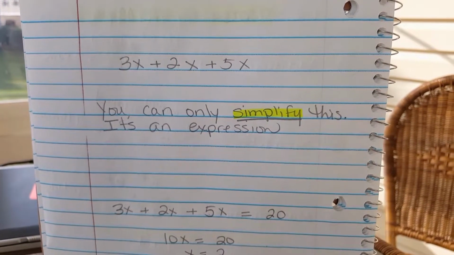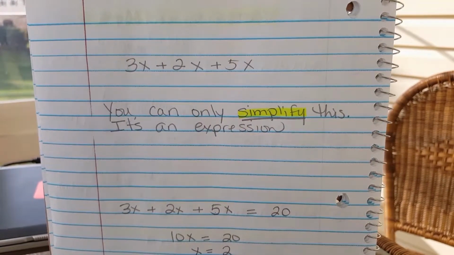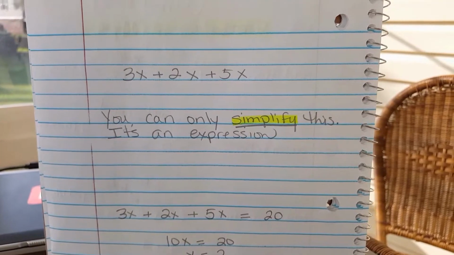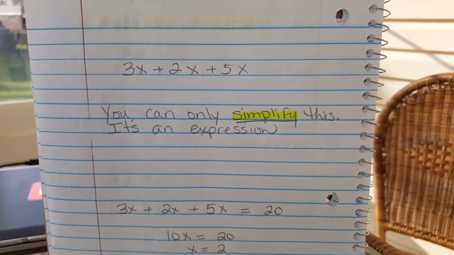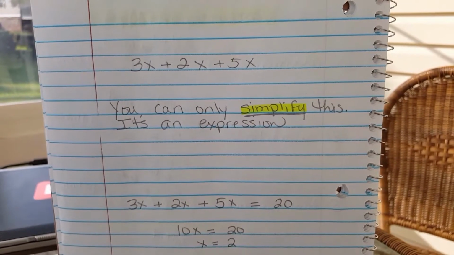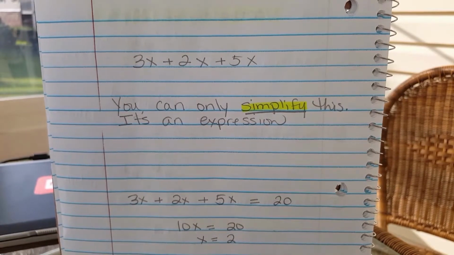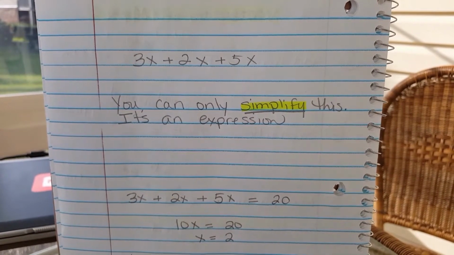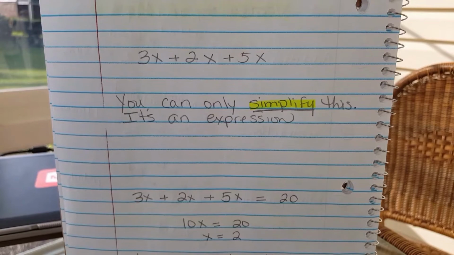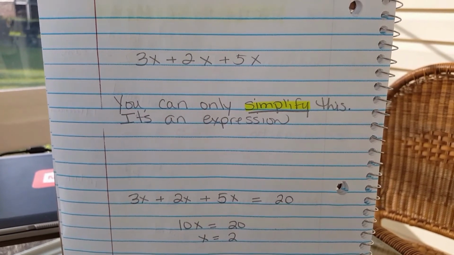This is a concept that's not stated clearly in this chapter in your book. However, I thought it was important to bring it up, okay? If you have a problem that says 3x plus 2x plus 5x, this is called an expression, and it cannot be